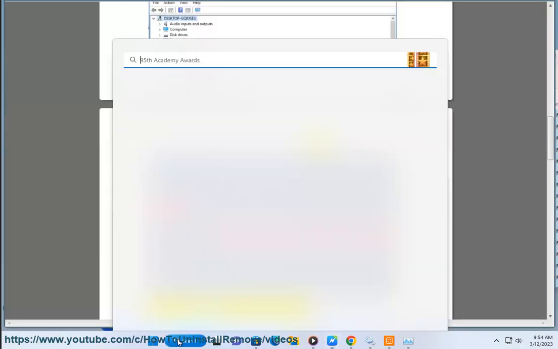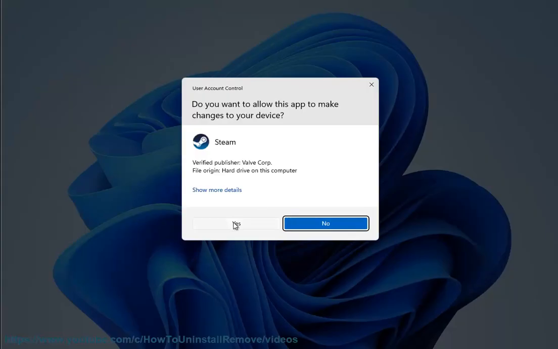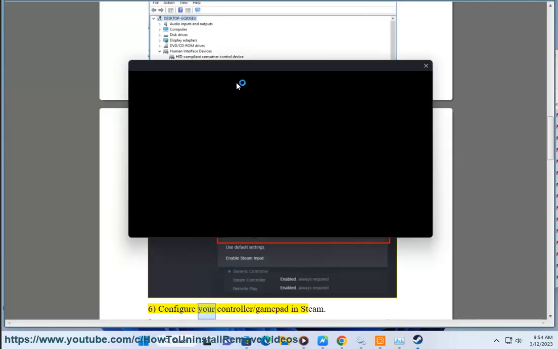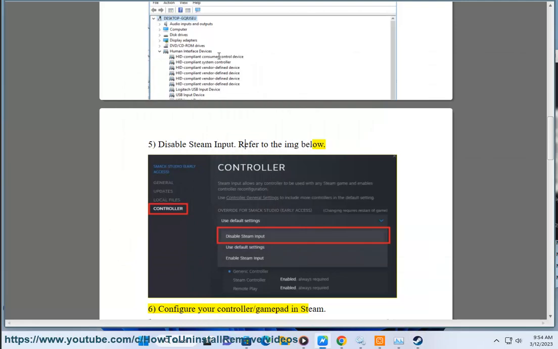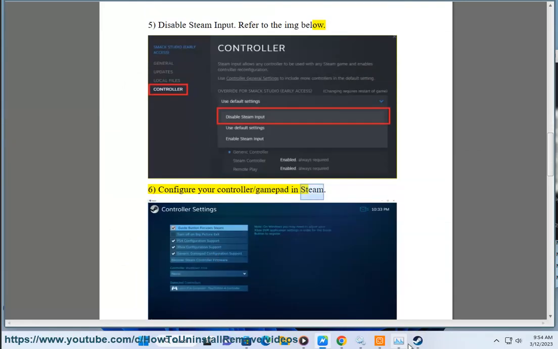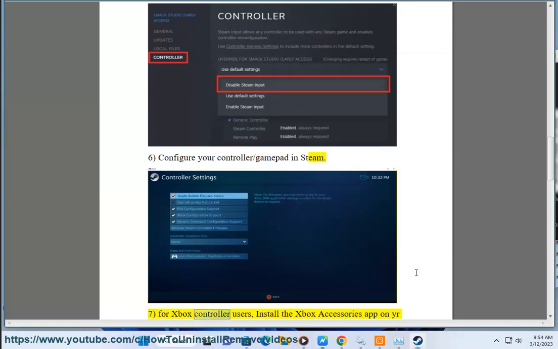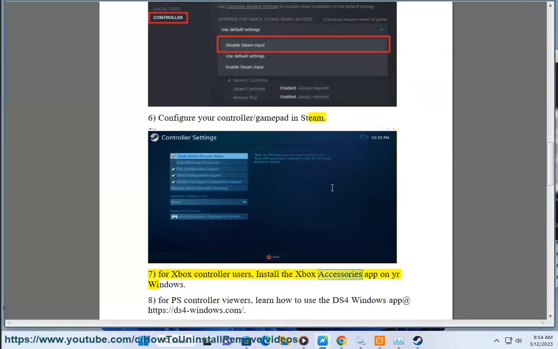6. Configure your controller / gamepad in Steam. 7. For Xbox controller users, install the Xbox Accessories app on your Windows. 8. For PS